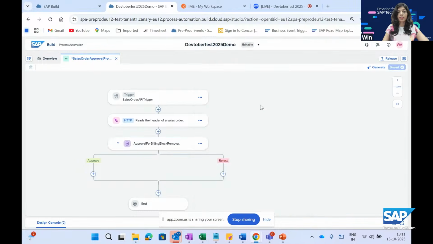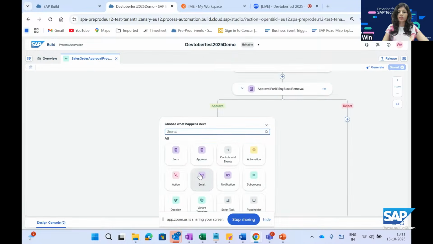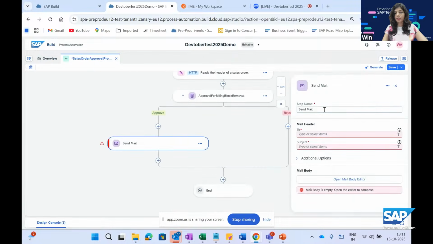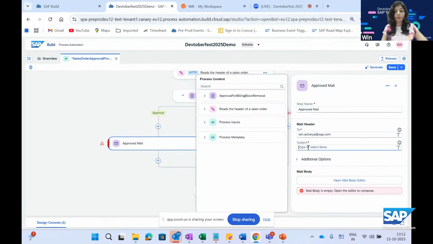This is all set. So that API trigger is there. We have actions, we have the form approval, and now on approval, I would like to just send a simple notification. I will just say approved mail, and I am sending it to myself, hard coding it as of now. You're free to use decisions to find the approvers and the recipients for the mails as well. And I can say here approved sales order